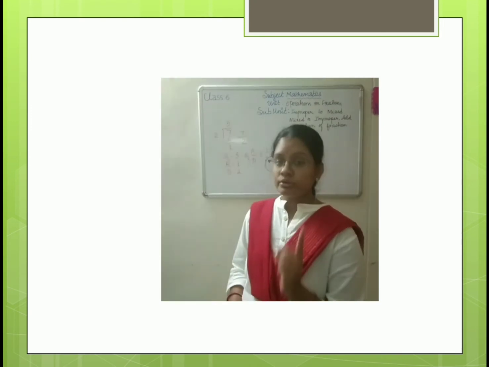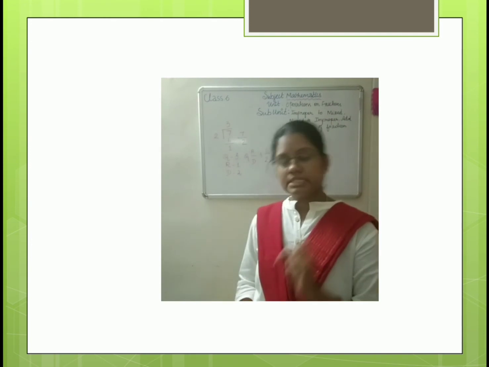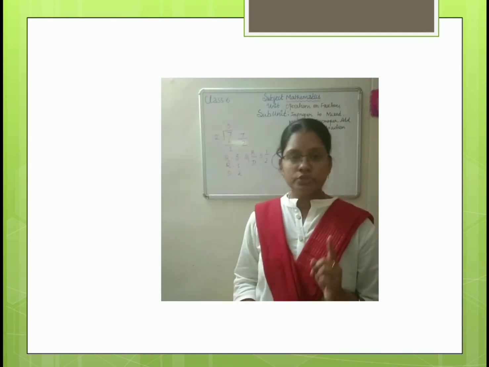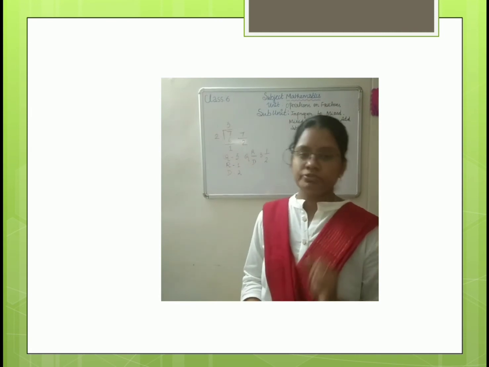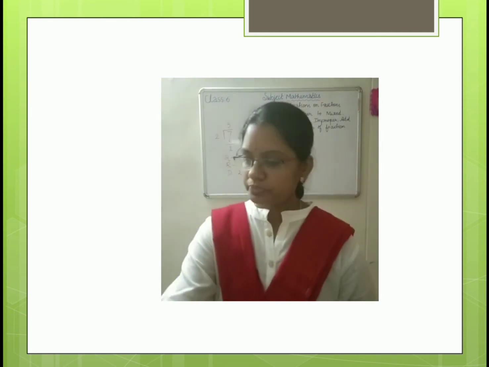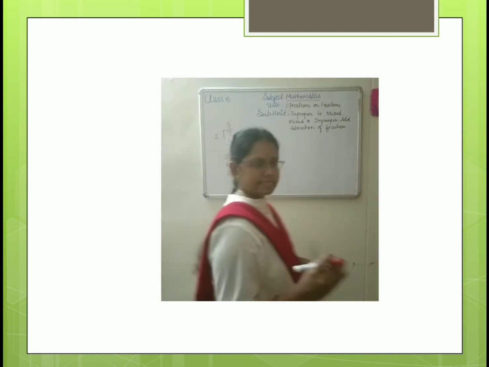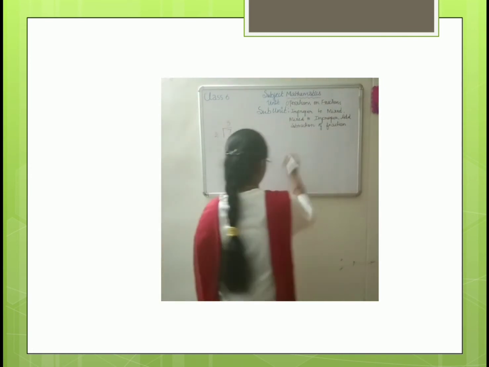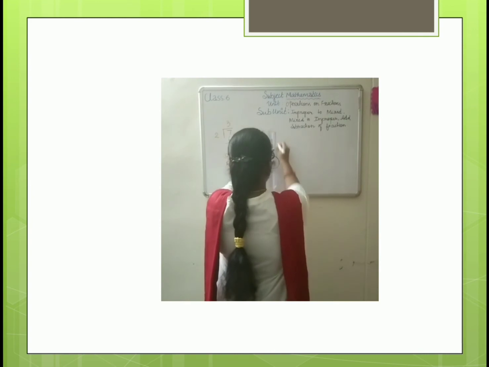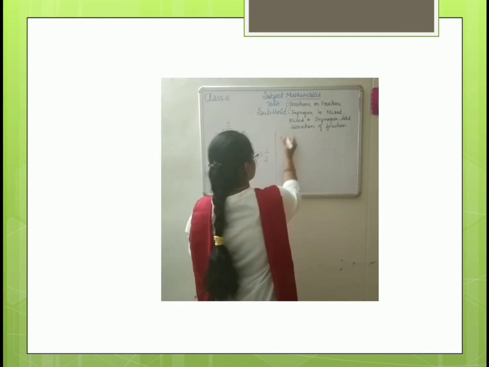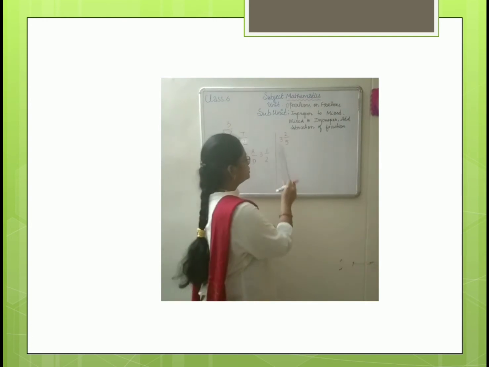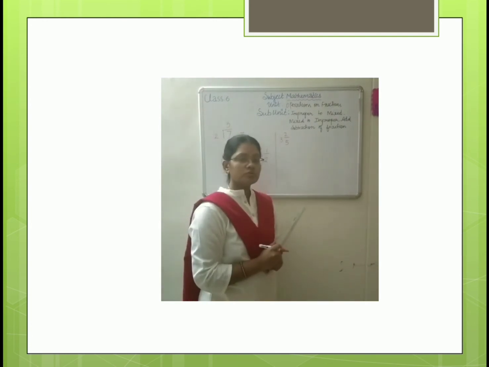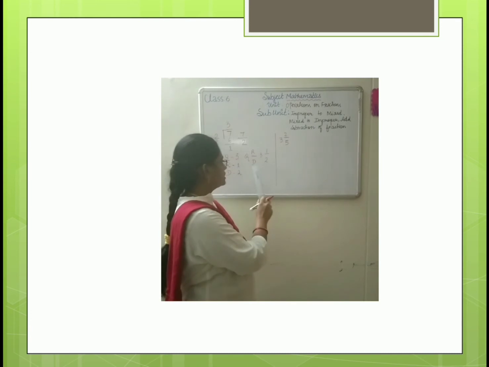Next we are going to see how to convert mixed fractions to improper fractions. Okay. Let us take an example. 3 2 by 5. We are going to convert 3 2 by 5. This is what fraction now? I have taught you how to write it as a mixed fraction. So this is a mixed fraction. We are going to convert it into an improper fraction.